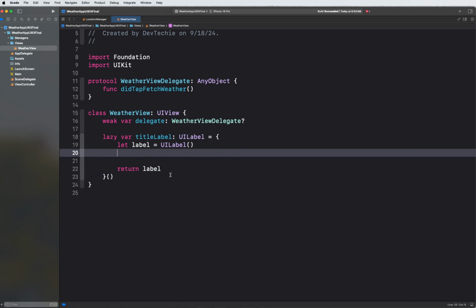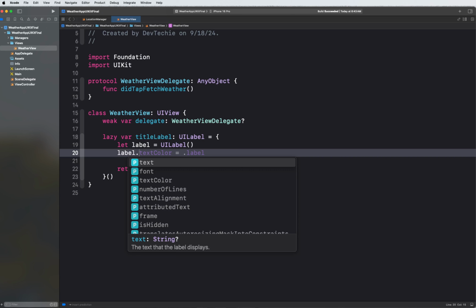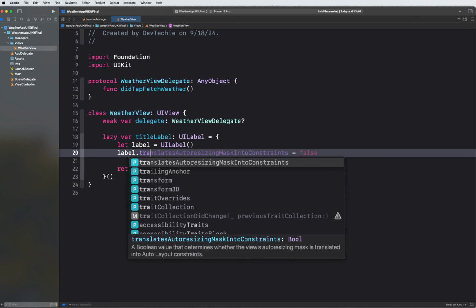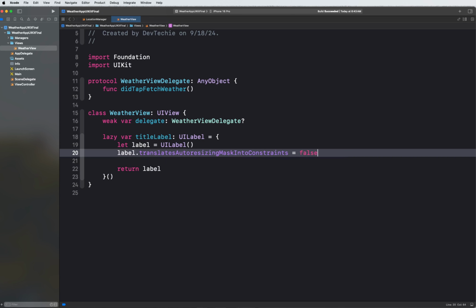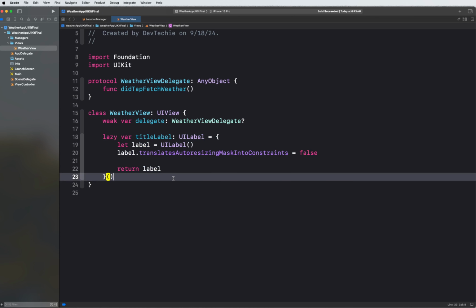Okay, and this is going to be the basic structure for pretty much all the labels that we're going to have. There's just one more thing that we want to do before we copy paste it. Translate auto resizing mask to false. We want to set that to false, so we can define our own constraints instead of the constraint system taking over. Okay, so now the first thing I want to do is take this label and copy it a few times